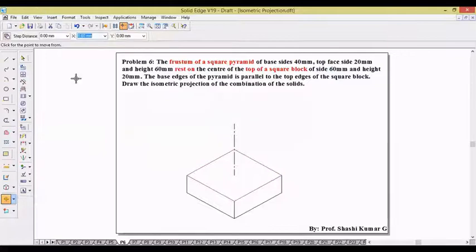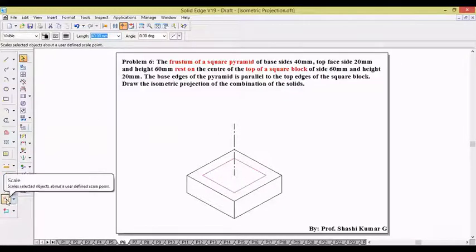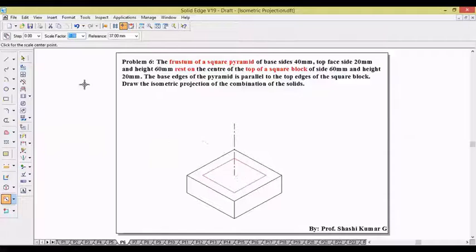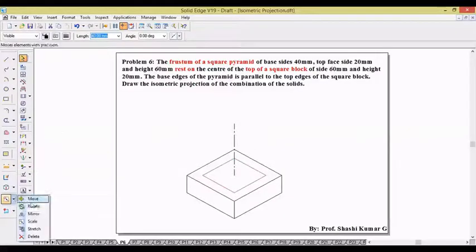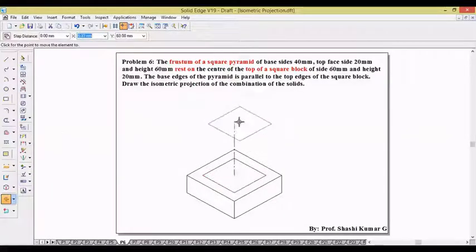So I go for move, switch on copy. From center, I'll place it on the center itself, but I take scale of size 40 divided by 60. So this is the 40 mm square I will get. And at the same time, I take scale once again and switch on copy option. From center, otherwise we can go for move. From center, we place it on top of this